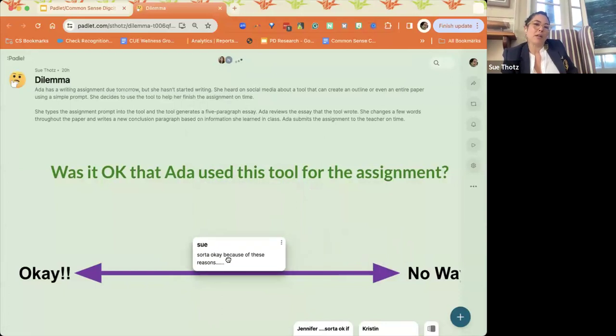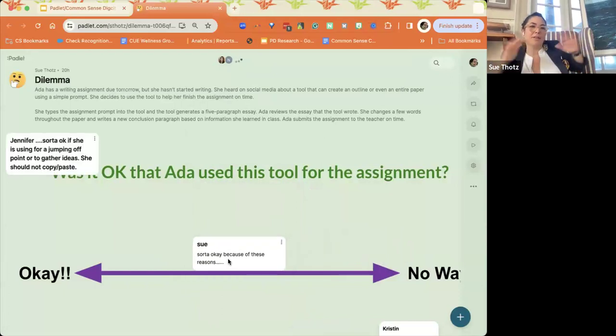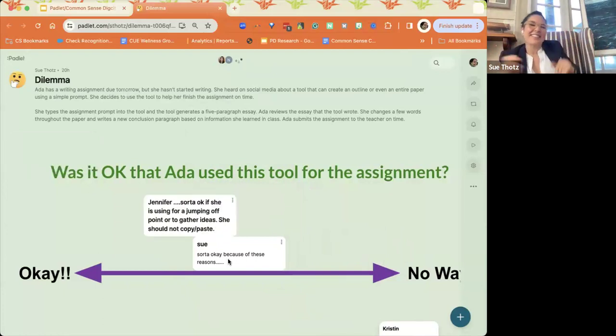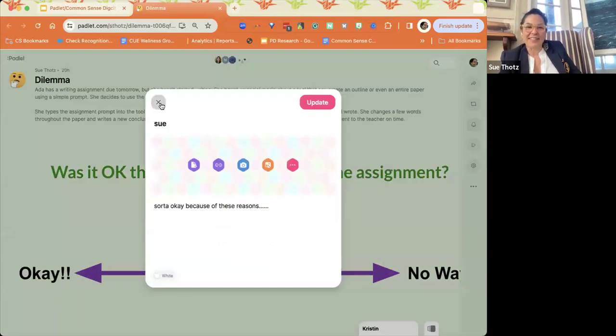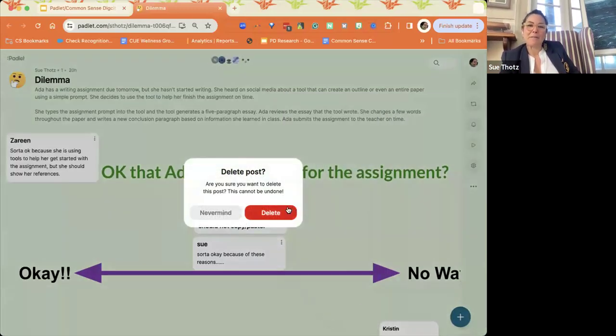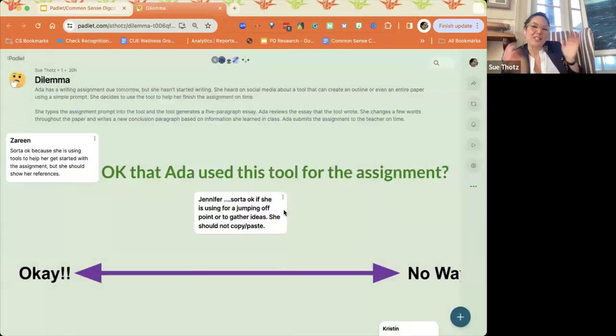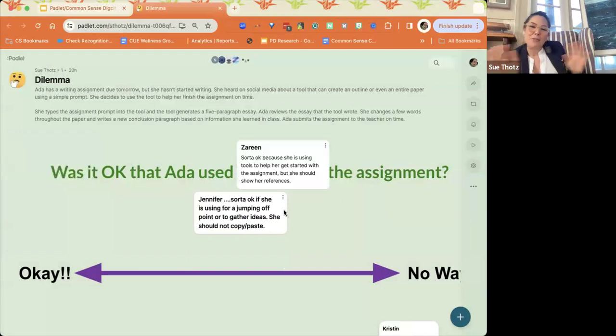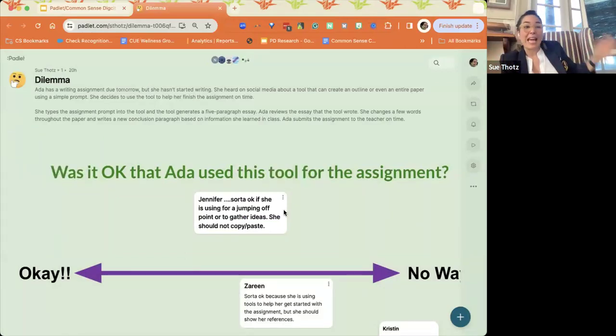This is where, if we were in a classroom, your body would be, right? Sort of okay. I like you, Jennifer. Okay, if she's doing this, you can stack on top of mine, right? So I'm gonna delete mine and get it out of there. I can delete my post, right? Yep, delete my post. So I'm gonna get it out of there and give you guys more room. All right. So you can just play around and see if you can move your post. We'll see if this works because I haven't tried this yet with any actual people. So maybe it's gonna be a total crowded jumble and it won't work at all. But let's give it a shot.